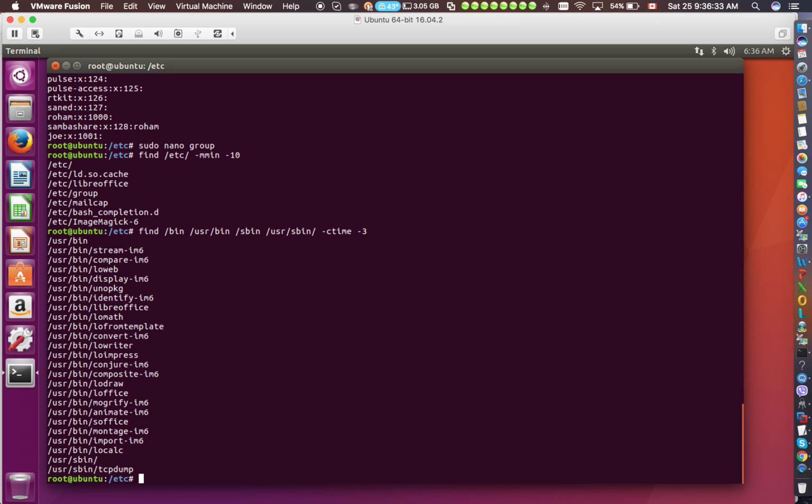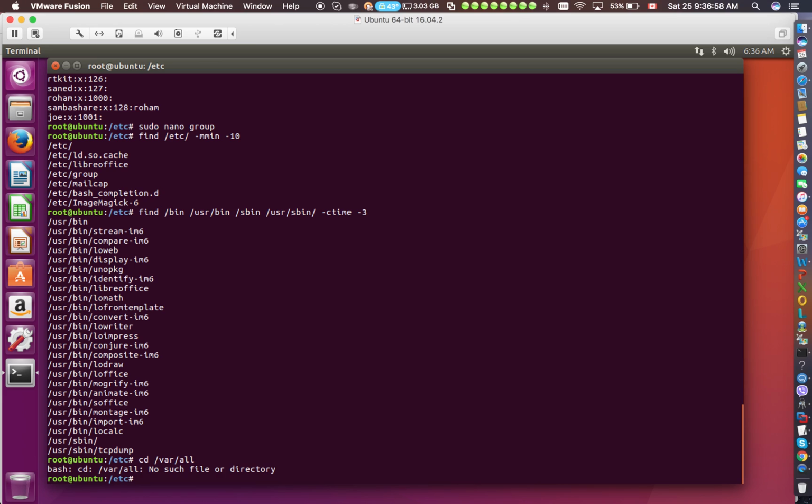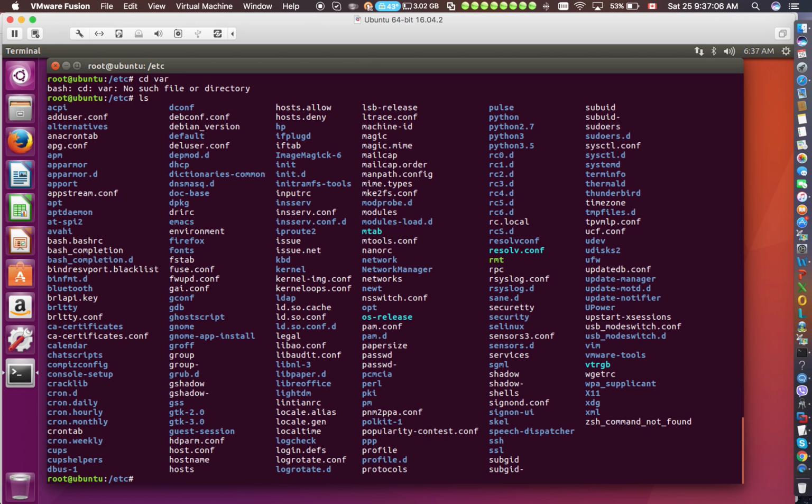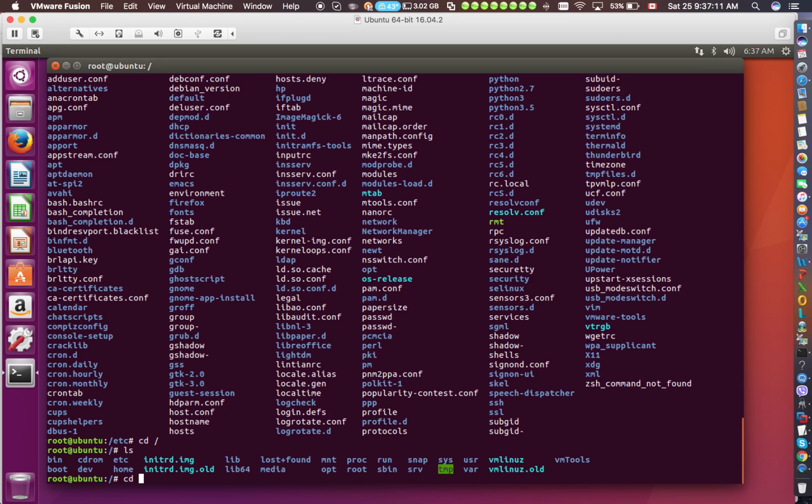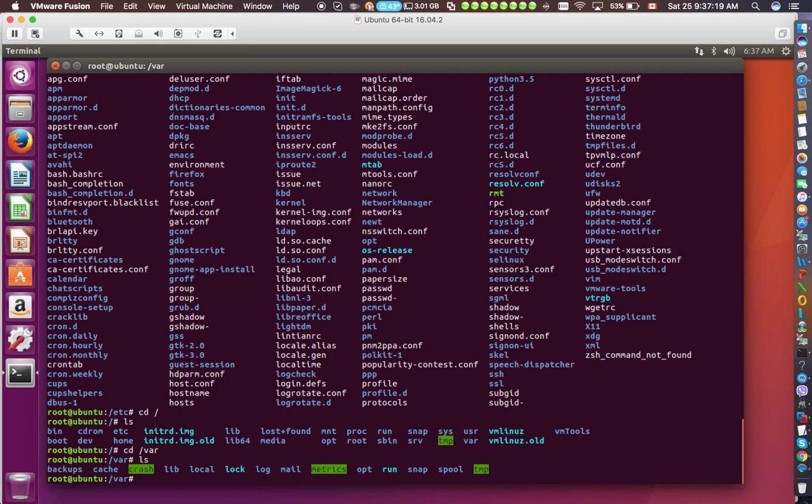Now the next option that I'm going to use is using not and or when finding files, okay? I've showed you a couple of examples with or, but there is one thing that we can use. Let me see if this directory exists. Okay. We don't have this directory. Okay, so let's say there is a shared directory called, let's say log. Okay, what you can do, you can say find var log